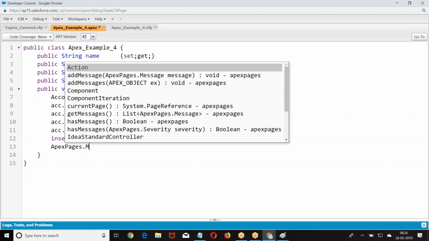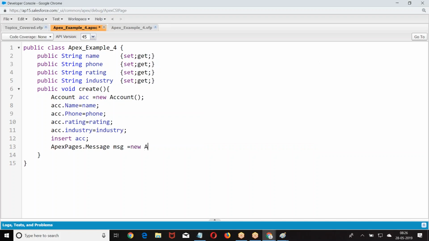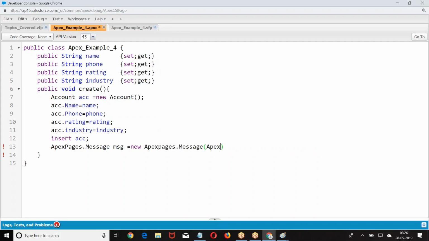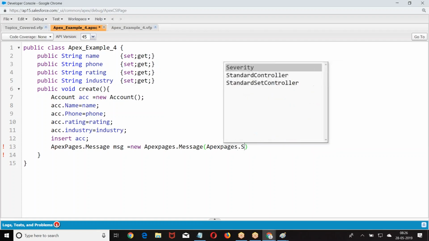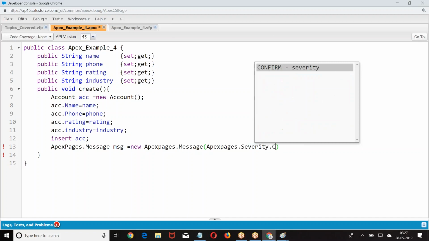Apex page dot message. I'm just giving some example here. I'll explain this. Confirm.